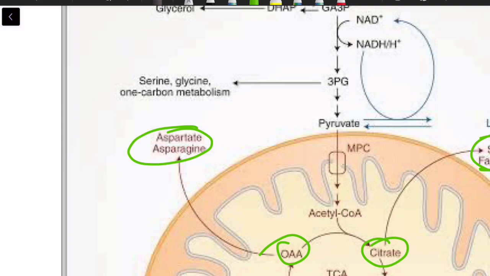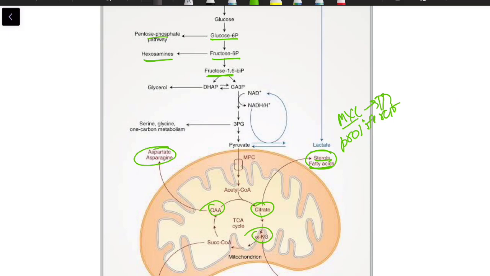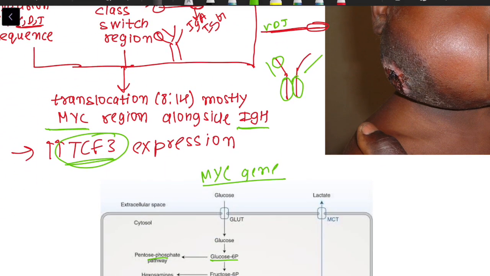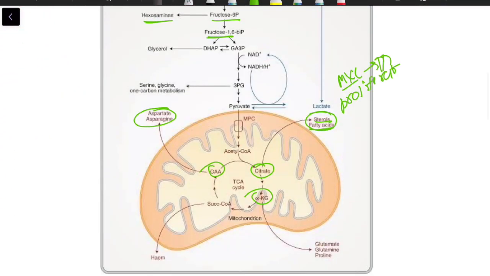Why synthesis? You must be seeing this kind of scenario in cells which are highly multiplying. So that is why Warburg metabolism is essential, but it does not occur every time. It occurs only in cases when the cell has to proliferate or when it is a blast. But what happens is that due to the increased expression of MYC gene, the scenario is always like this, and